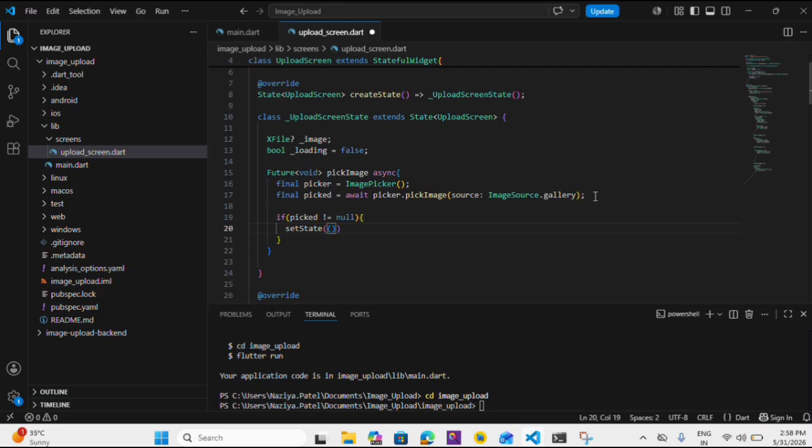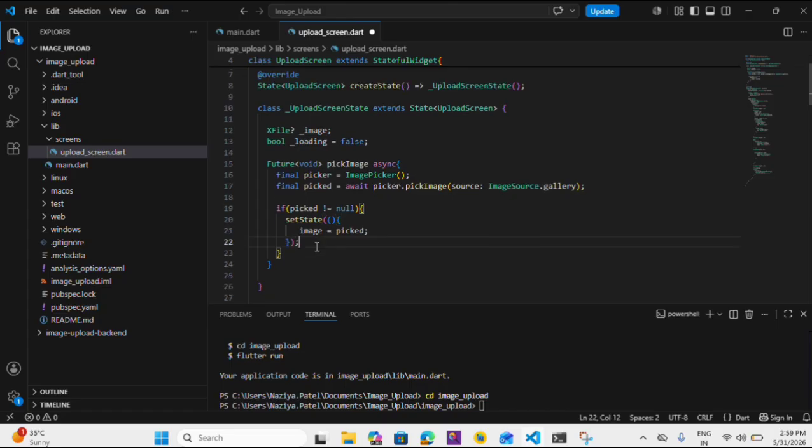So we need to refresh the UI, and for this purpose we need to add setState, and setState always works with StatefulWidgets, not StatelessWidgets. Okay, _image is equal to picked, semicolon. Okay,